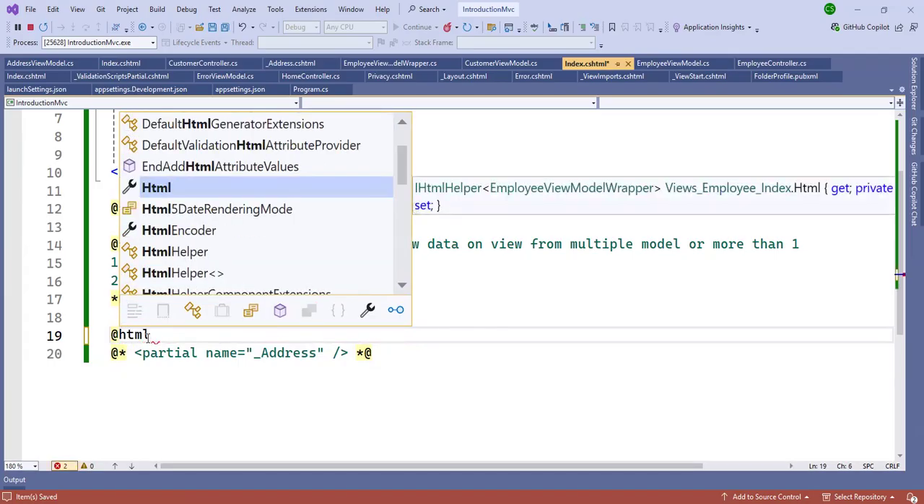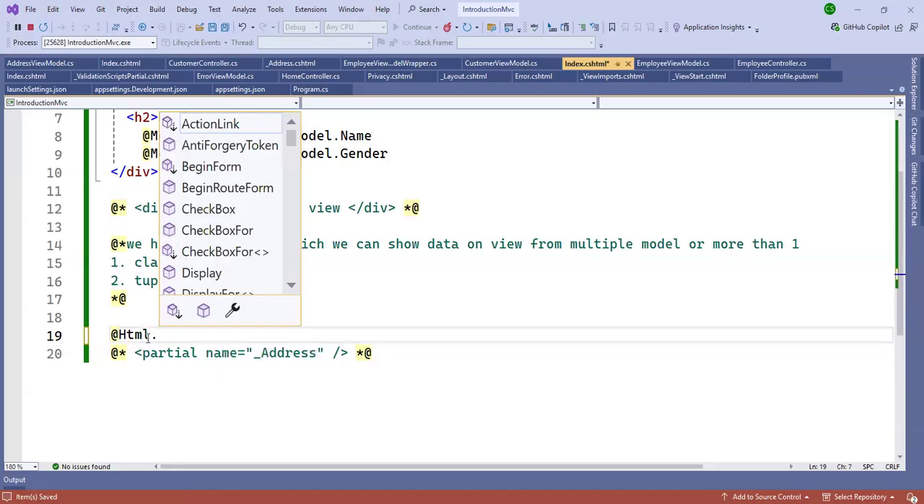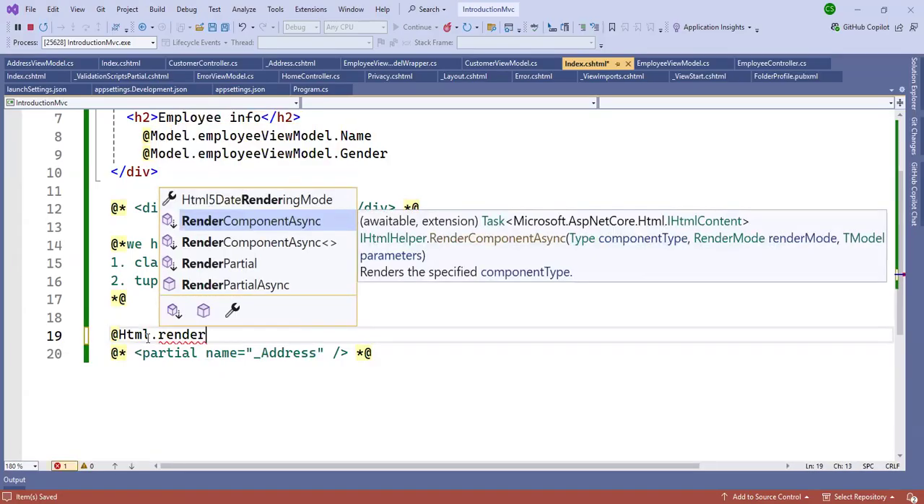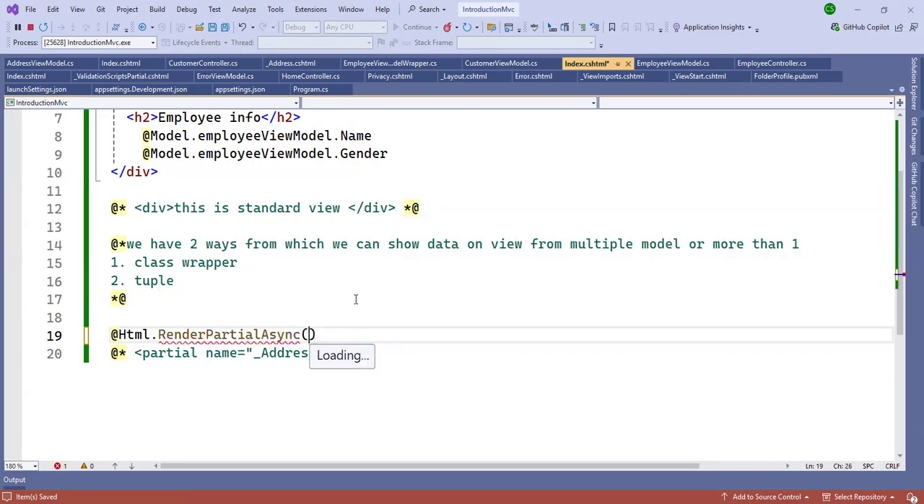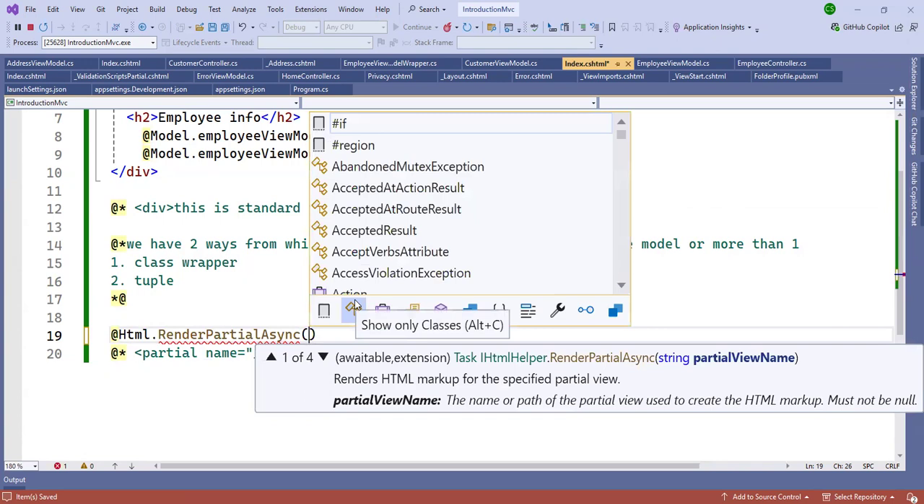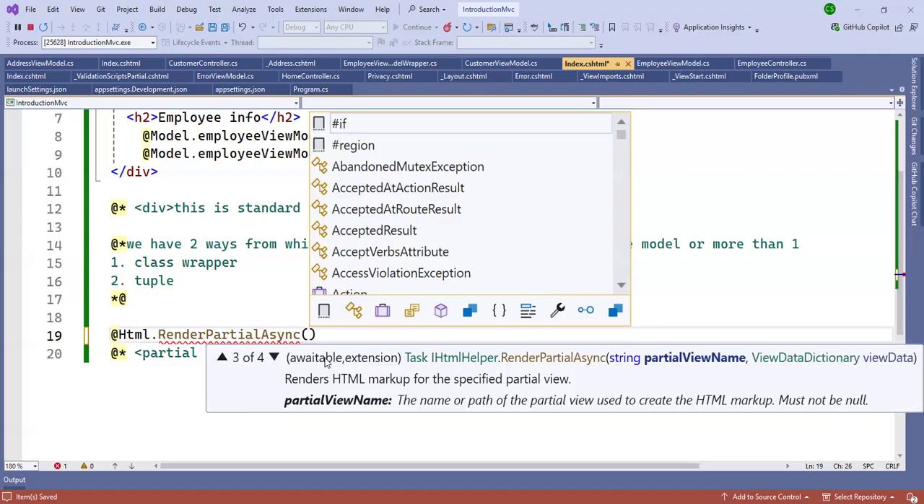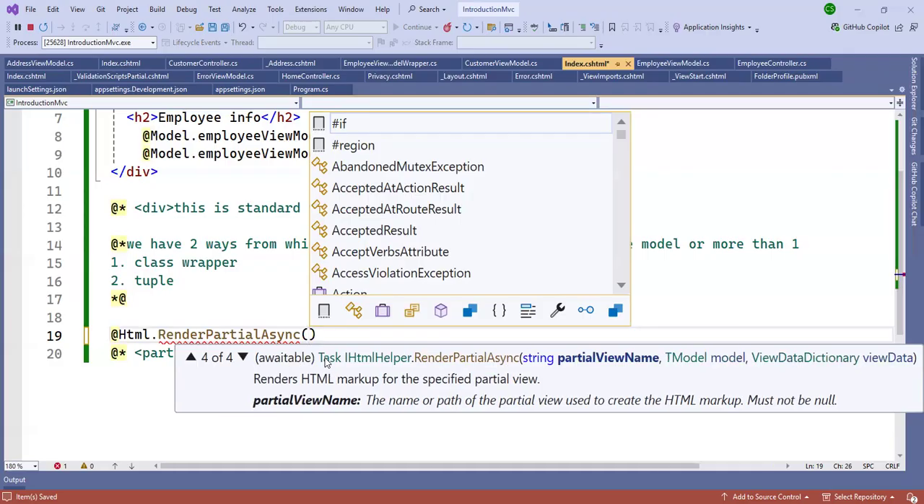Html dot render partial. Okay, here you can see the first parameter is saying partial view name. Okay, second is saying partial view name and model. Third is saying partial view name and view data. Fourth is saying